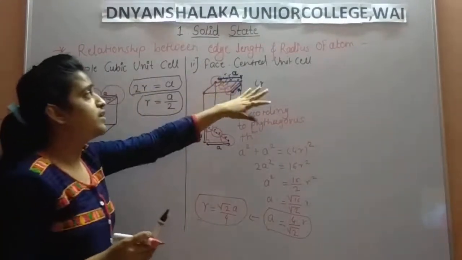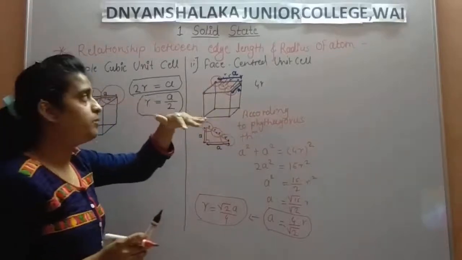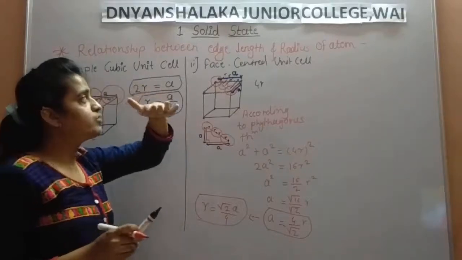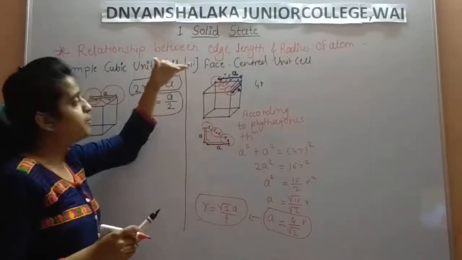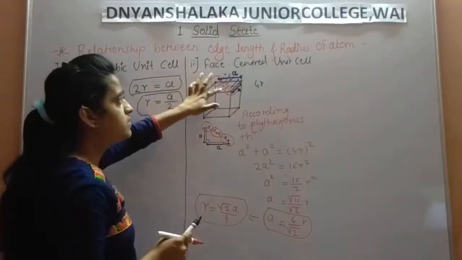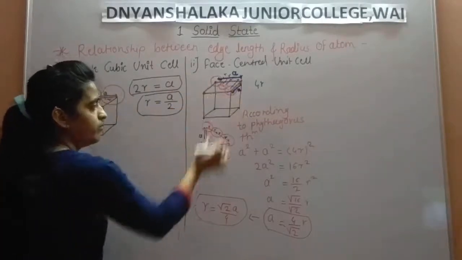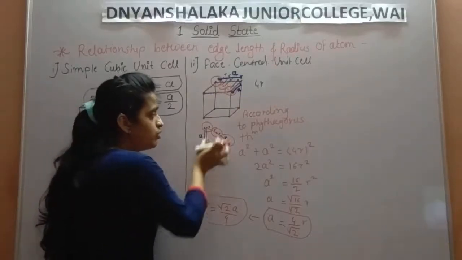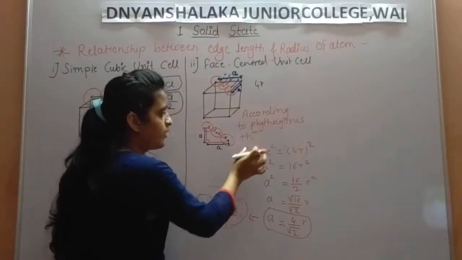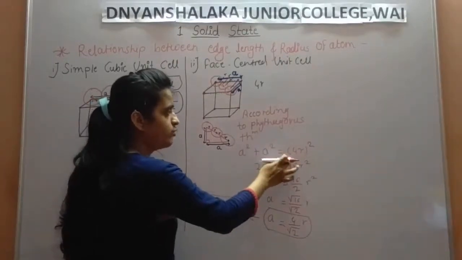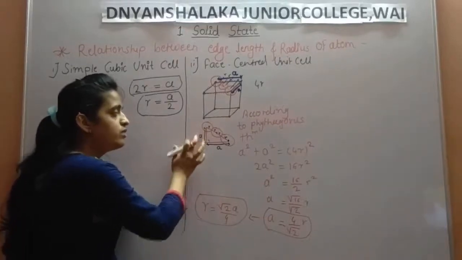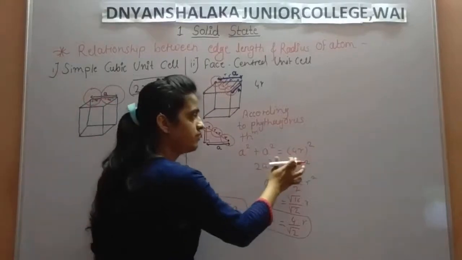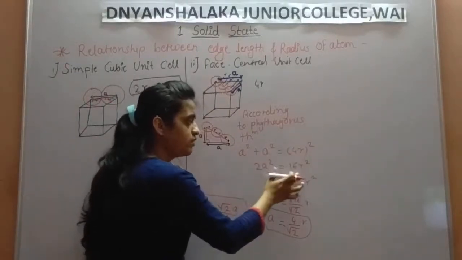So in this face center unit cell, we consider only the upper side portion. In this upper portion, there is one atom inside this upper face. So this is one sphere, this is two spheres, and this is three. We draw this diagram according to the Pythagoras theorem. Total 4r. So height square plus base square is equal to hypotenuse square. How is the distance covered? Height is a and base is a, so a square plus a square is equal to 4r square, that is 2a square equal to 16r square.